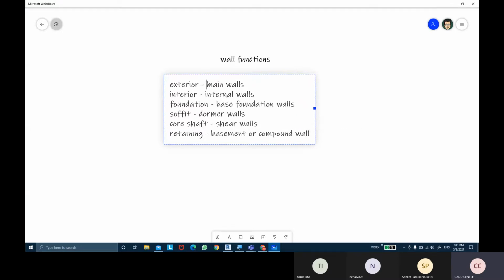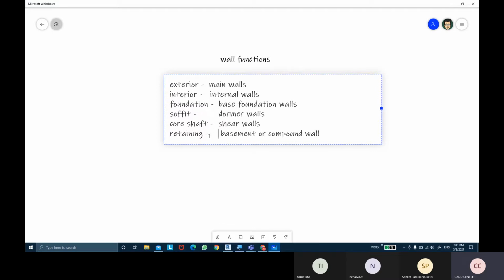Okay, so these are the features of the walls, and when to use them.